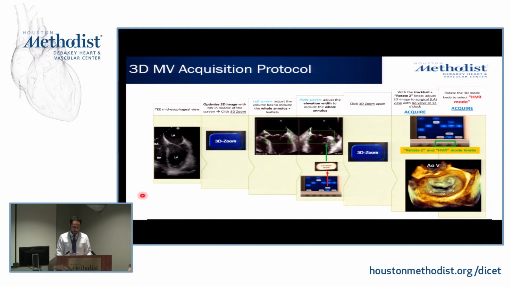So this is sort of technical, basically. You can see this in the lab up on Founder 9. This is the acquisition protocol. It's probably not very relevant to this talk right now, but this is basically how we acquire from the TEE, how we get to the 3D image at the end. And this 3D image is what we input into the software to make the model.